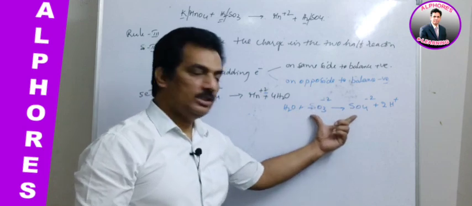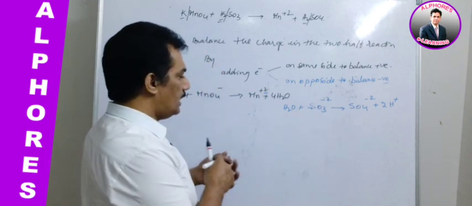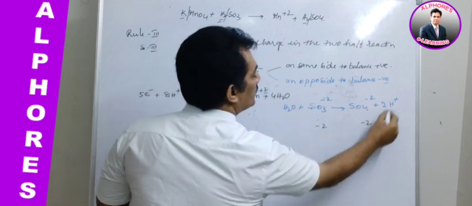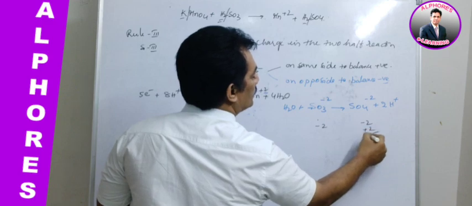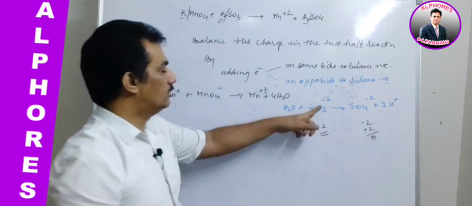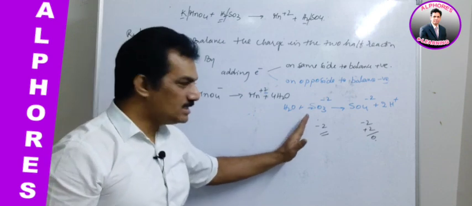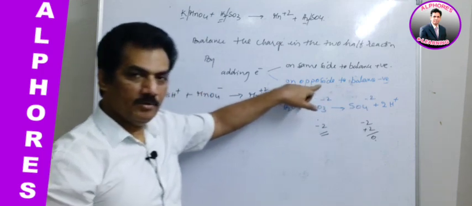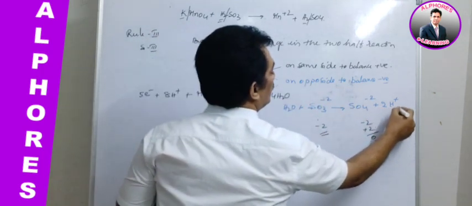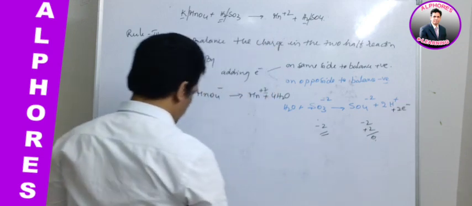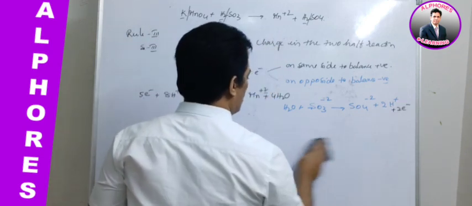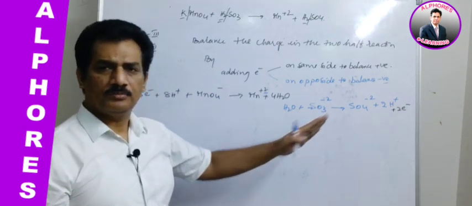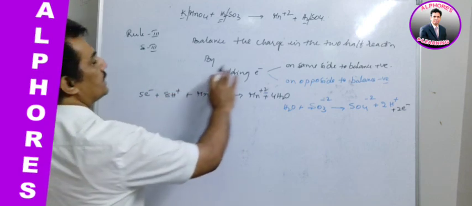This is the oxidation half reaction, and here on this side we have minus 2, and on this side minus 2 and plus 2, which is 0. So the net charge is minus 2 on this side, and to balance this minus 2 we have to add the electrons on the opposite side, is it not? And thereby we are adding 2 electrons here. Just observe, when you are framing a rule, if you follow that rule blindly, you can get this solution. Clear? That is about balancing the charge.